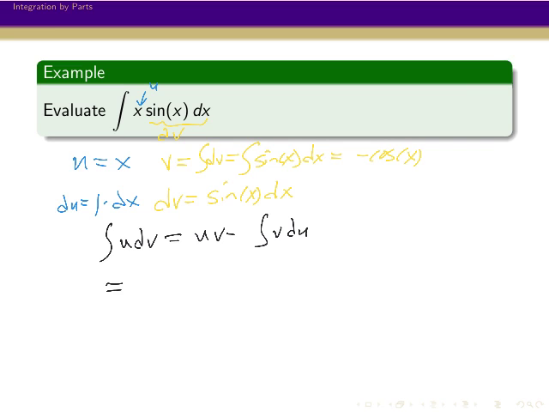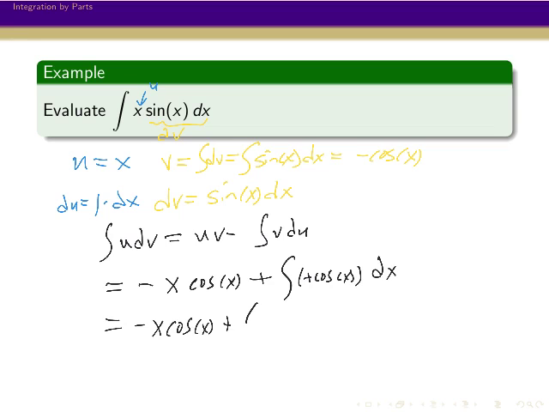So u times v would be minus x times cosine of x. And then we'd be subtracting off the integral of, well, v, and so that's minus cosine. And then times du, but du is just dx. Right? And so we've got two minuses here, so we can cancel this off. And so this turns into minus x cosine x plus the integral of